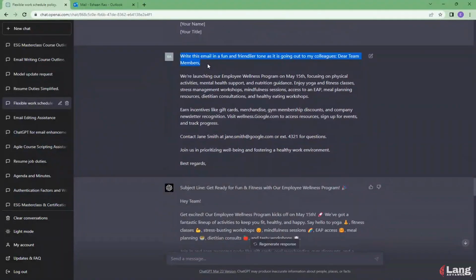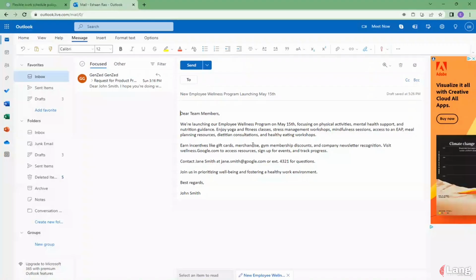And again, guys, all the prompts are absolutely downloadable. They'll be in the resources section of this module. So in this prompt, you can see that I've told ChatGPT to write this email in a fun and friendlier tone as it is going out to my colleagues. So let's say that I want to send a different version of this email out to some of my colleagues and let them know about the